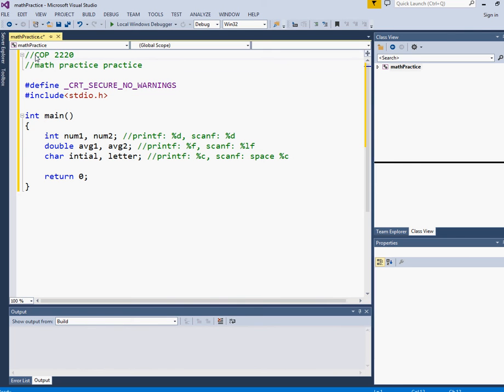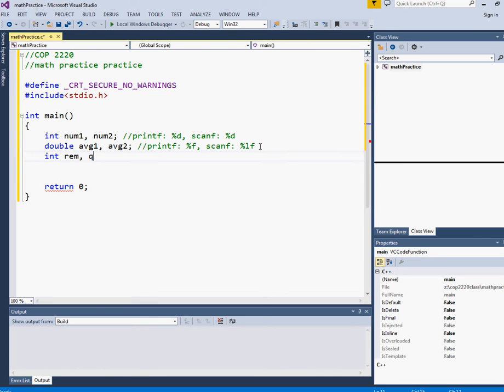So I've already gone ahead and defined a few variables here. I have a couple of integers, a couple of doubles, and I don't really need characters for math practice, so I'm going to go ahead and get rid of these characters, but I am going to have an integer to do the remainder and to calculate the result of integer division. So I'm just going to call it div. And I will have a double, which is also going to store the result of a quotient